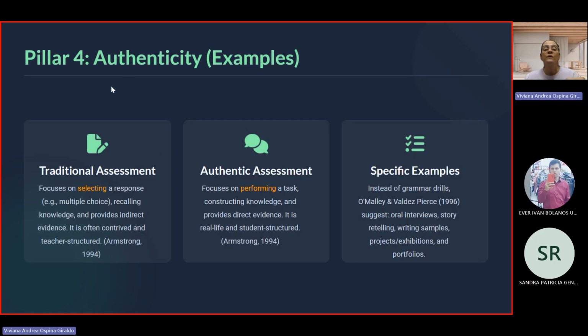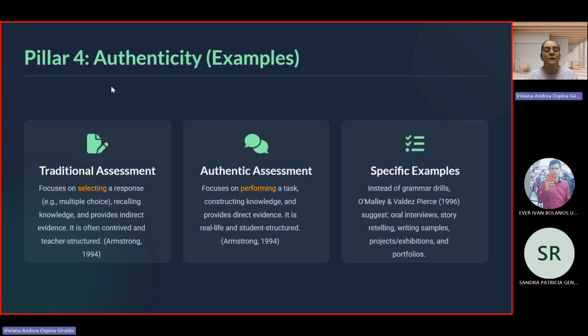And so the student will give the correct answer. The student will be able to stay right there in that position. He cannot go out of this traditional assessment gray area. That's where he will remain, because it's just recalling information and providing an answer to prove that he actually knows something. Whereas authentic assessment is not focused on selecting answers, it focuses on performing this task,